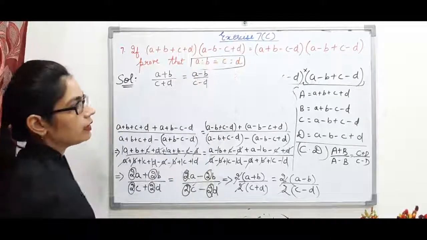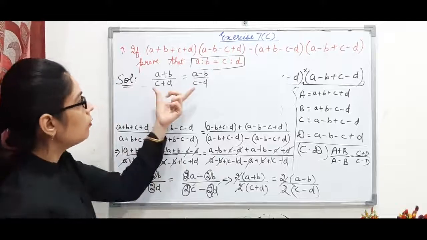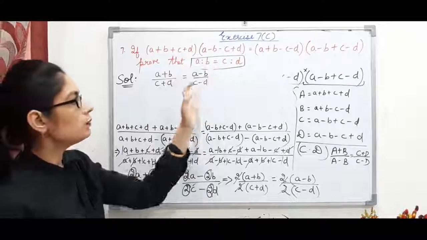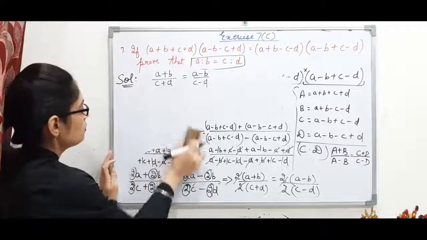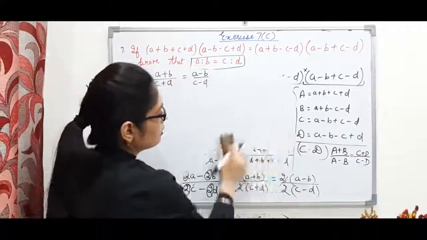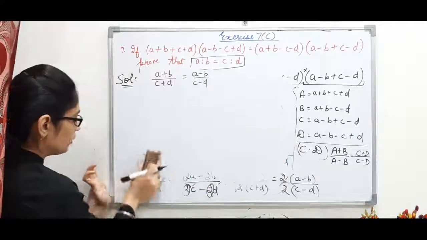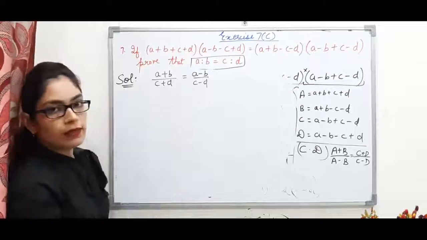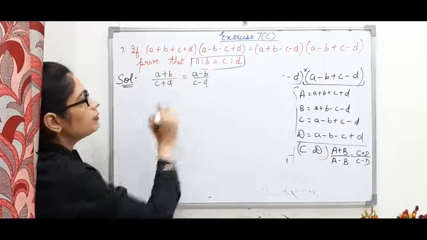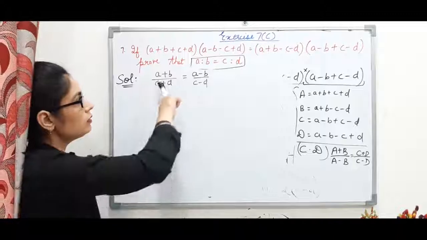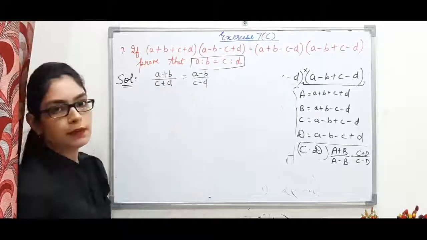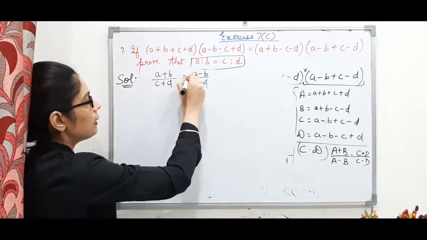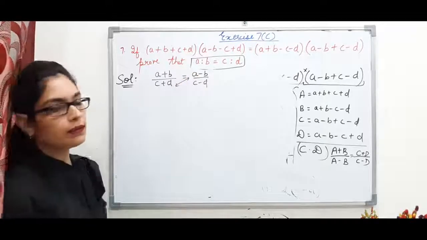See, we have to reach here. Till now we have just got a plus b by c plus d. It is equals to a minus b by c minus d. So then what it is suggesting us that we have to work it out more. First of all, what I should do now, I have to write the same terms together, because a plus b also there, a minus b is also there. So same terms I should write together. I'll just apply one property, alternando here.